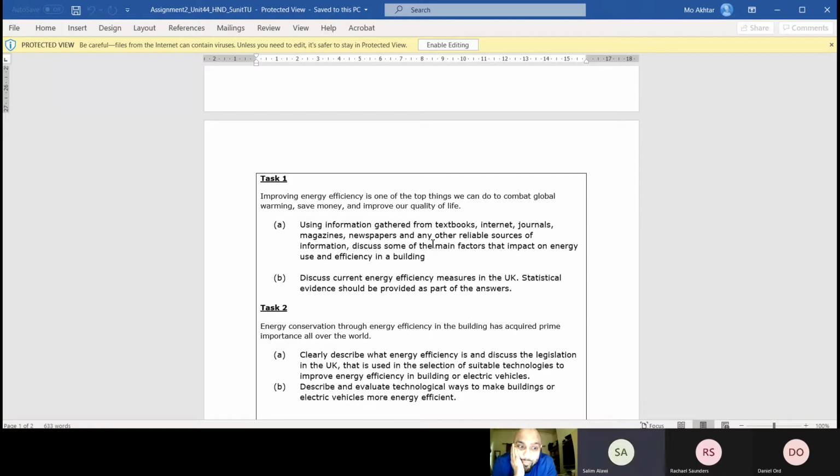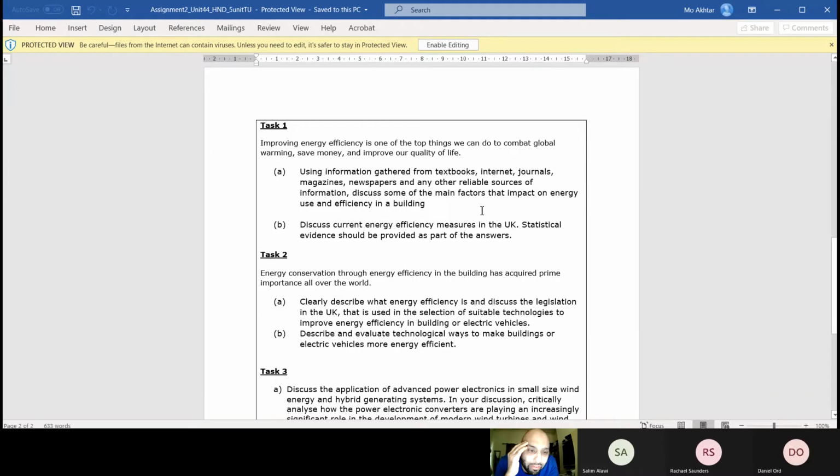Yeah. Okay. 1B. Discuss current energy efficient measures in the UK. Statistical evidence should be provided as part of the answers. So look at discuss current energy efficient measures in the UK. This isn't just related to buildings now. It's talking about general efficiency. So there's a lot of data you can look up on the internet and research about energy efficient devices, and